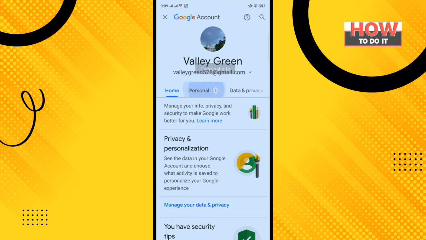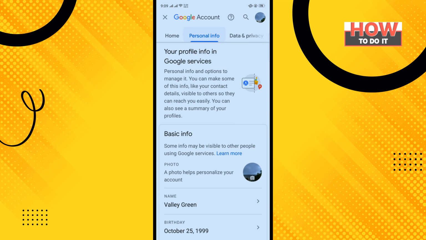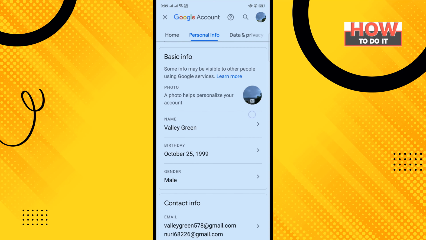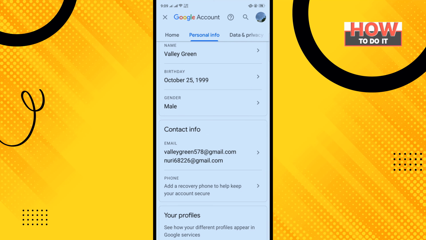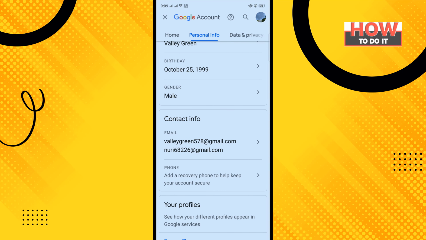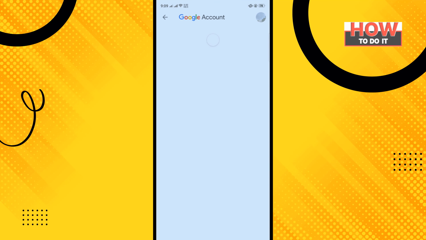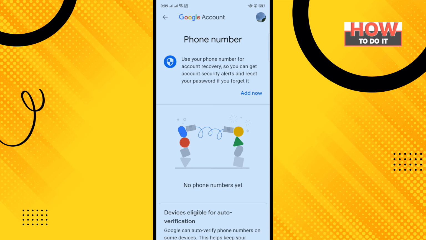and tap on personal information, and here you'll find phone option, so tap on phone and tap on add now,